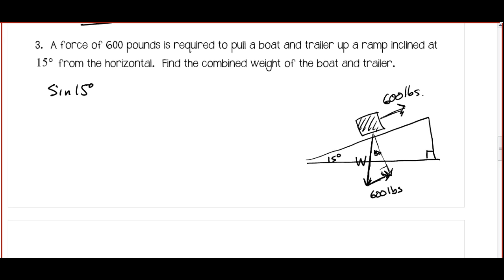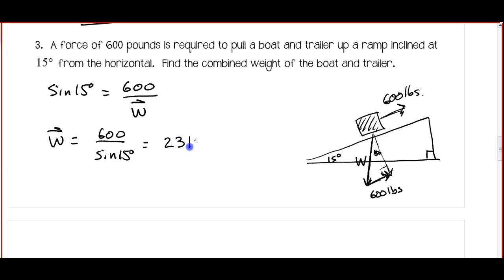So I've got the sine of 15 is equal to 600 over the weight of the boat and the trailer, which means that the weight of the boat and the trailer is going to be 600 divided by sine 15 degrees, which is about 2,318.22